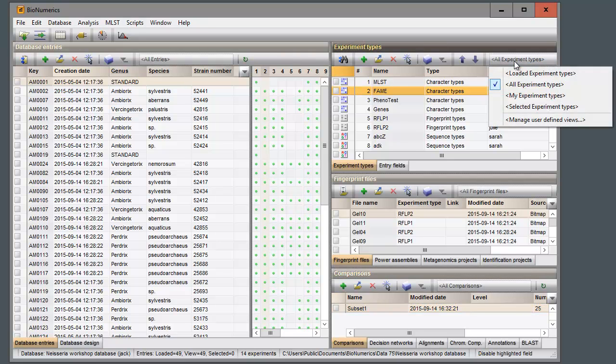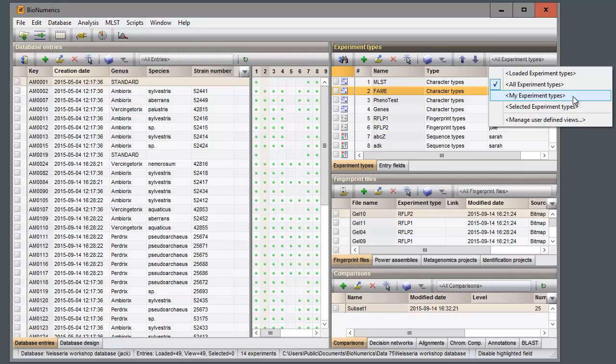The loaded view will display all database items that are loaded into memory. The third option, the My option, will only display the database items of which the logged-in user is the owner. In our demo database, Jack is currently logged in.